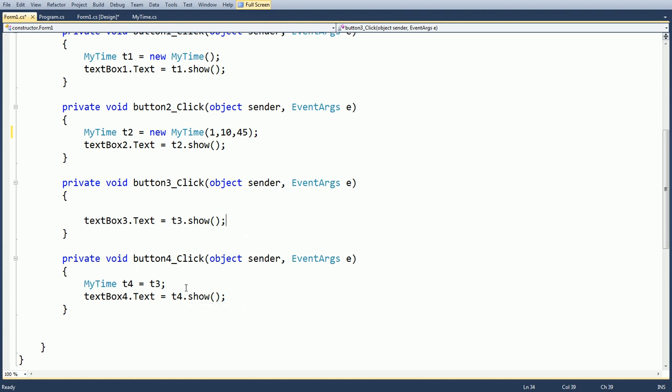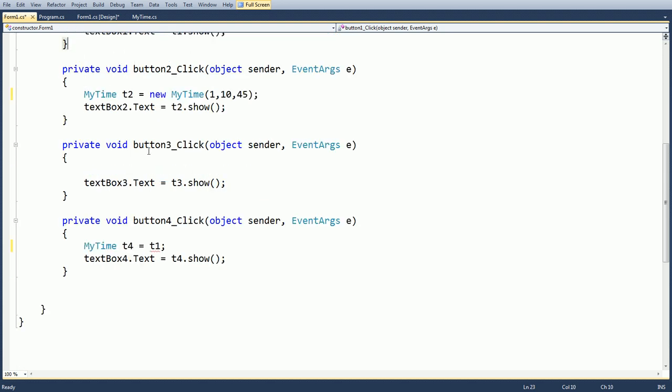But for the copy constructor, without using the new operator, declare the object, and then you can copy any object. Suppose here we want to copy object 1 to object 4. But we don't use object 1 here because the scope of object 1 is limited to the button 1 click.